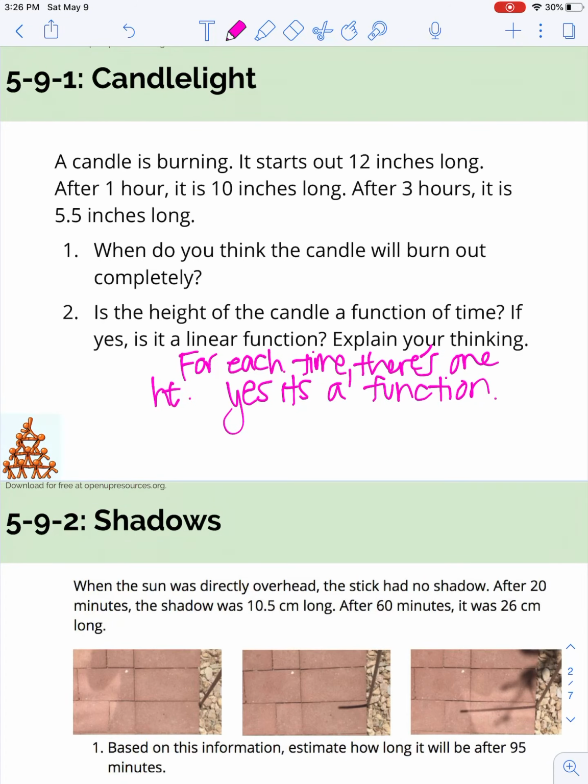Number 1 wants me to guess when the candle will burn out. So let's say that's my candle, and that from here to here is 12 initially. 1 hour goes by, and then it's a little bit shorter. Now from here to here is 10. So it lost 2 inches per hour. So if we say it loses 2 inches in 1 hour,